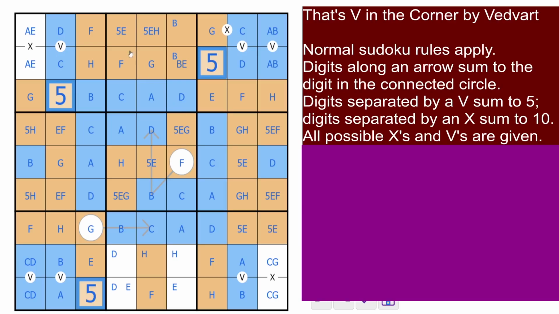Okay. 5 is one of these two. 5 is not here. 5 is somewhere here. That's 5. H is anyway here. So what am I missing now? EF, H, G5, G,